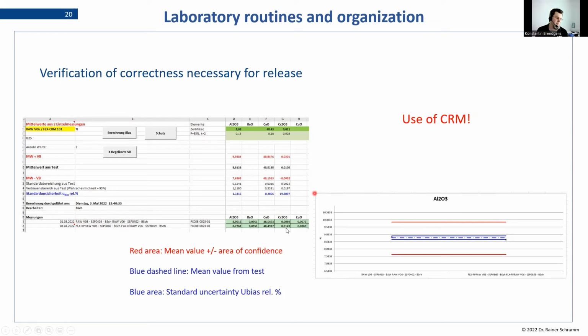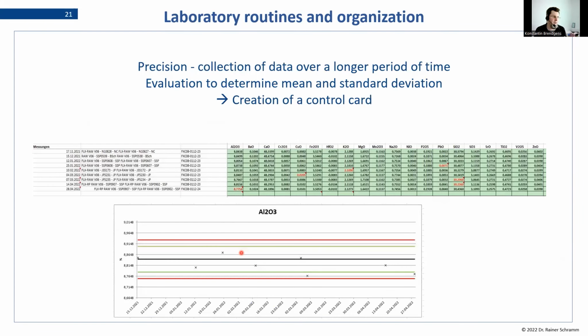And the test basically is we check the mean value of our test samples versus the bias of that standard, and then the mean value or our error of confidence, which is a statistical evaluation. The formulas are all present, but I'm not going to go into detail here too much. Once we have that done,